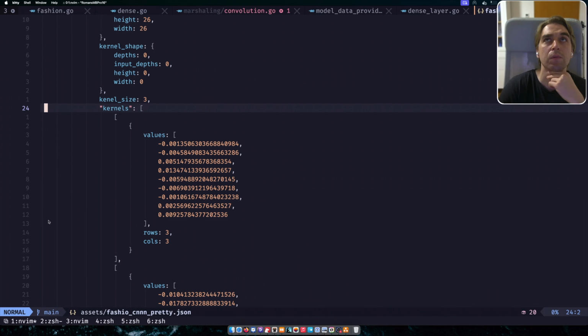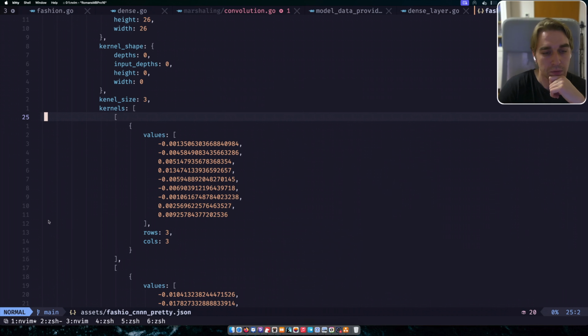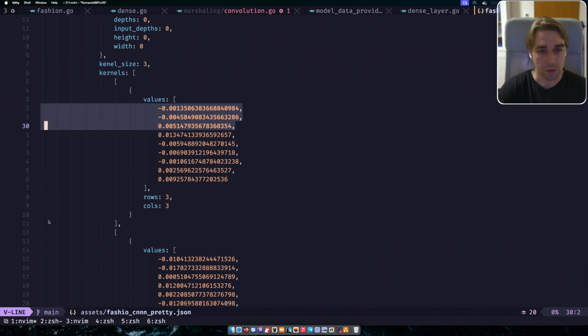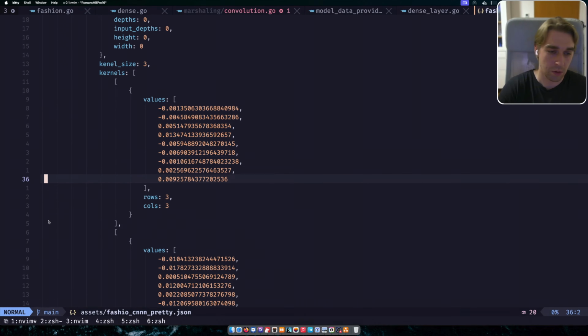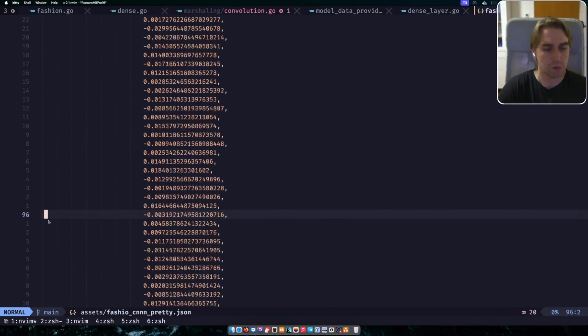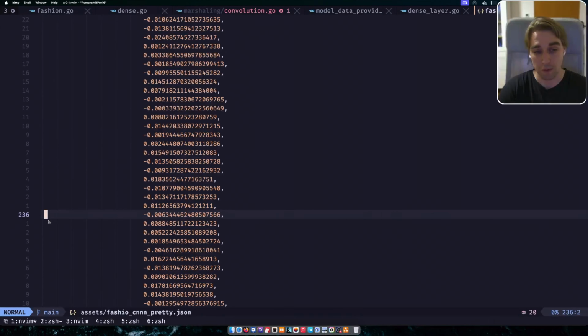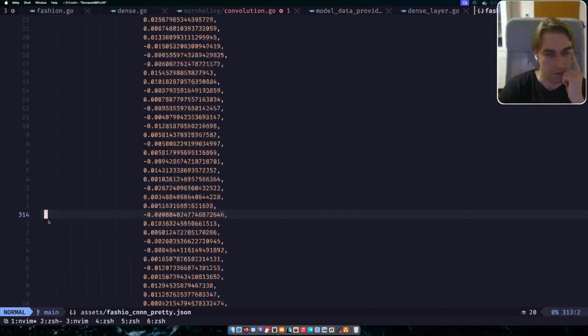Wait, I have the kernels array. Inside I have another array with one element. I mean, I have two kernels for the grayscale, so it should be actually two kernels, right? With side 3 by 3, so we have 3, 3. Okay, so it actually seems working, and I have biases, which is a very long list